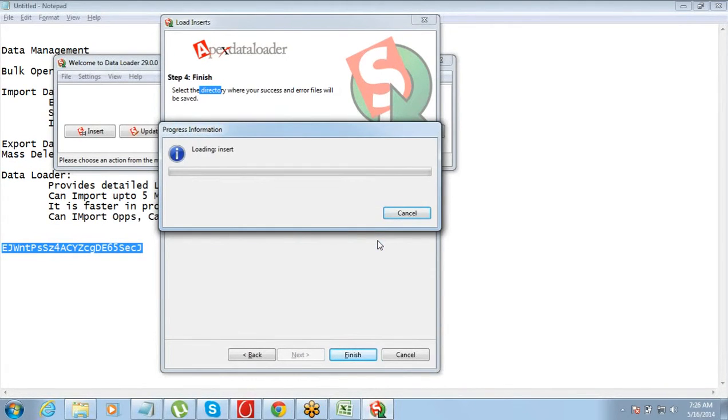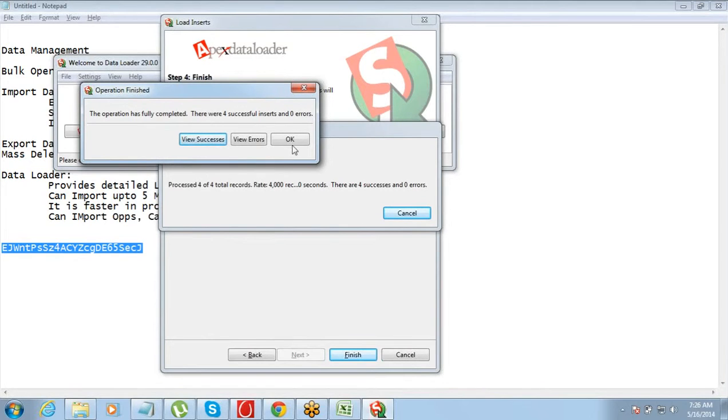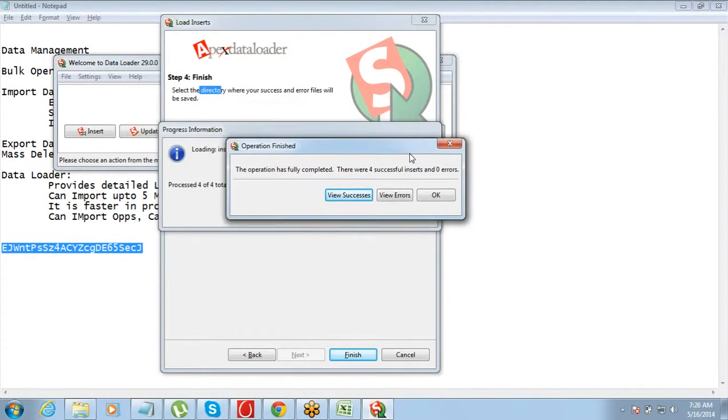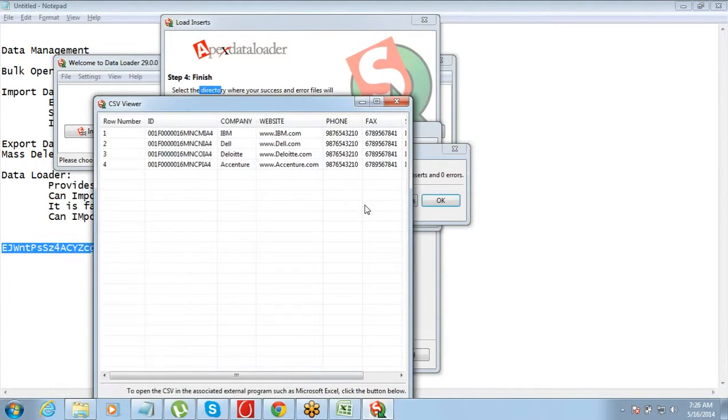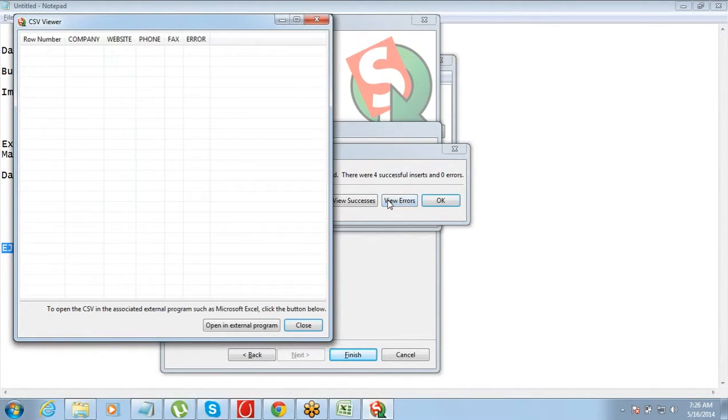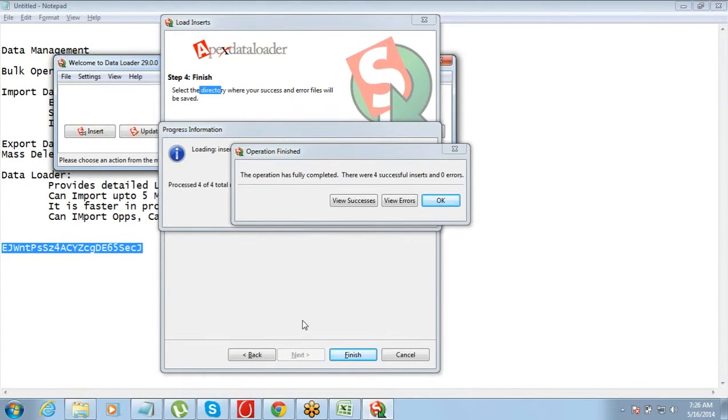Click on finish. Yes, it's very fast as compared to the other one, right? See, instantly you get a message here that your import is done. You can see all the successes here, which all records were successfully imported. If you have any errors, those will be shown here, right? So this helps you a lot. Not just here, the directory that you defined there, your success and error files will be stored. Okay. So that is how it works.